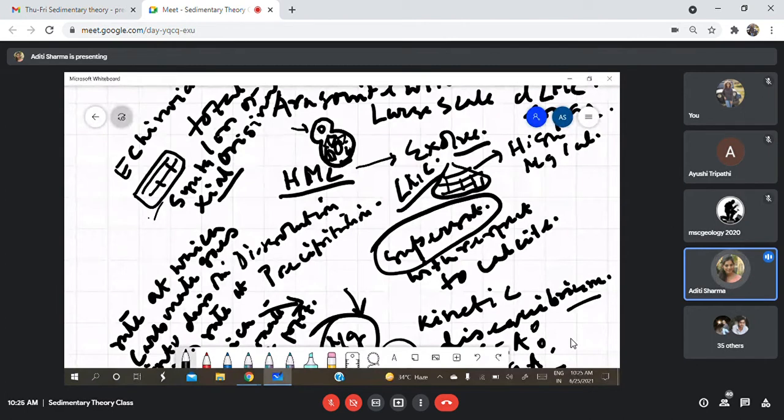It will take out everything and create a huge cavity. It will dissolve everything, and the high water flow will take care of it. If the water flow is not very high, then all these roles of different kinds of minerals come into place, and in most cases water flow is not very high.